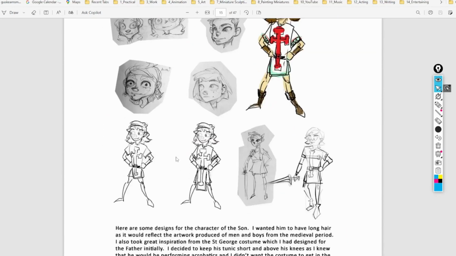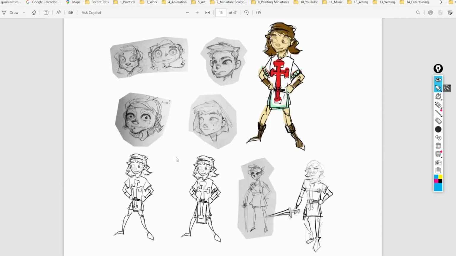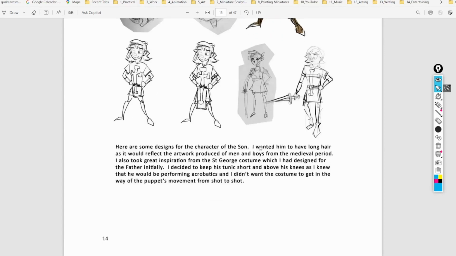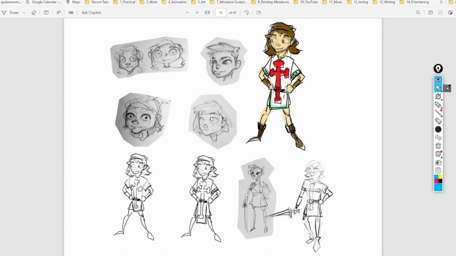And okay, so now character designs. I did a lot of sketches, and some of this is just throwing stuff at the walls, seeing what sticks, seeing what works. Just rough sketches here. Originally I'd planned the boy to be the dragon, and the dad to be St. George,